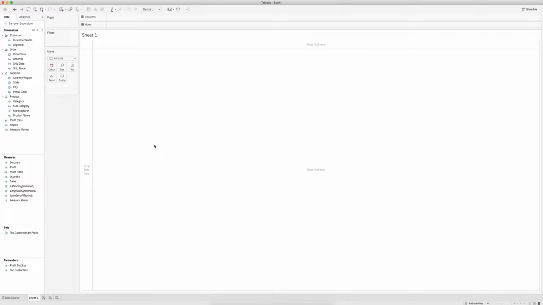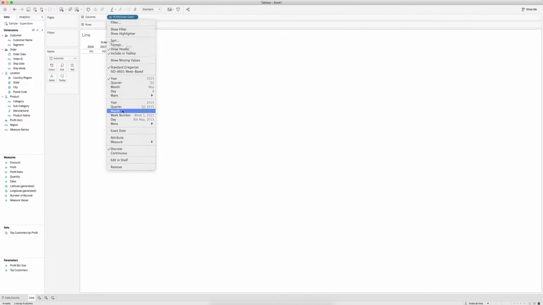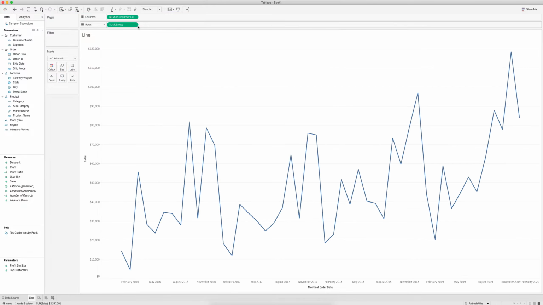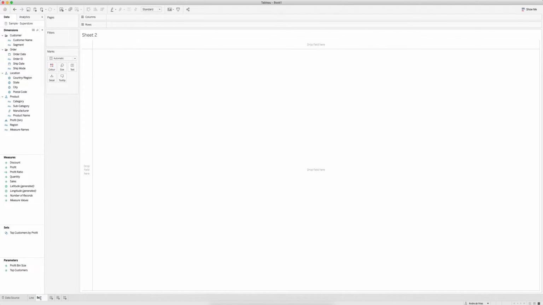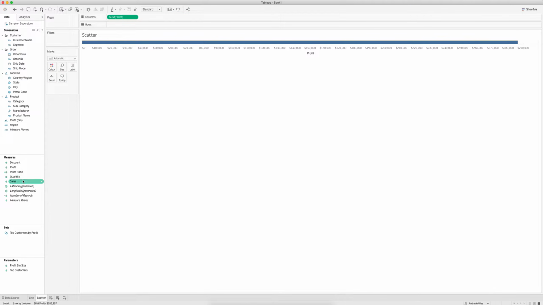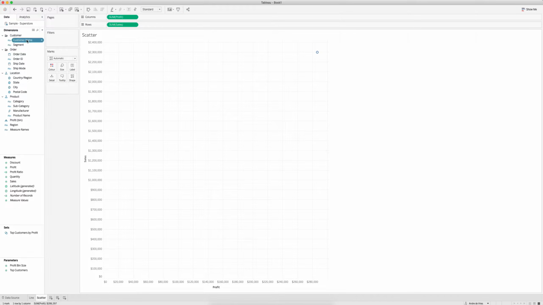And the first thing that I need to do is create two sheets, each with a different chart. The idea being that we can then swap with the parameter between the different charts on the dashboard. So I'm going to create one sheet, and in there I want to see a line chart. So I'm going to build a line chart by using the order date, by continuous month, and I want to look at my sales over time. The next sheet that I want to build is a scatter plot. And in this scatter plot, I want to compare my profits versus my sales for, say, all of my customers